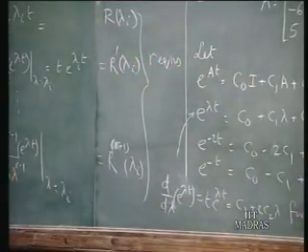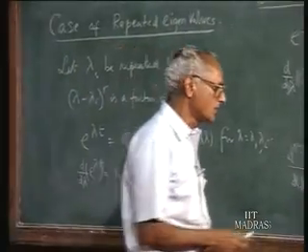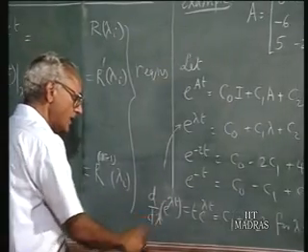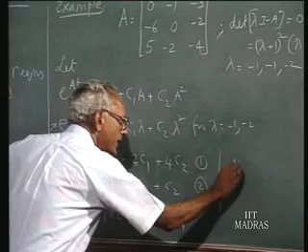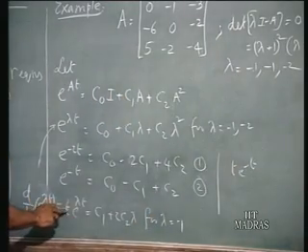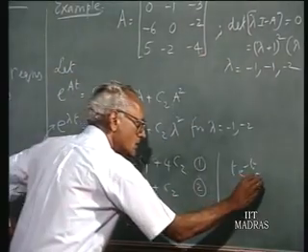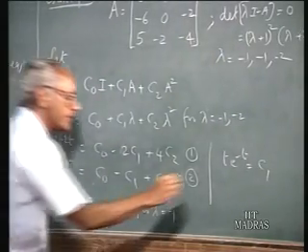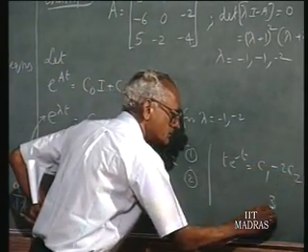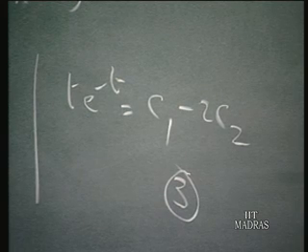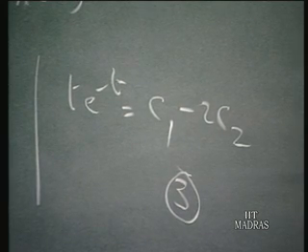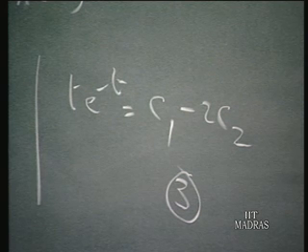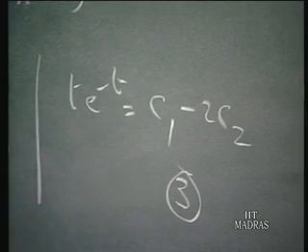Not for lambda equals minus 2, only for lambda equals minus 1. So when you substitute here, you get a third equation: t e power minus t equals c1 minus 2c2. So you have two equations already from the straightforward procedure, and by taking the derivative you get a third equation, t e power minus t equals c1 minus 2c2. So using these three equations you can solve for